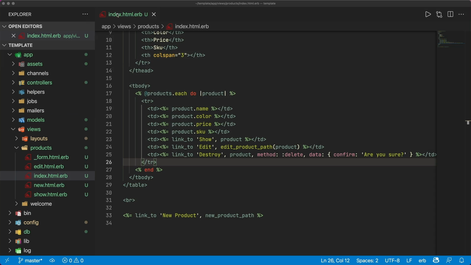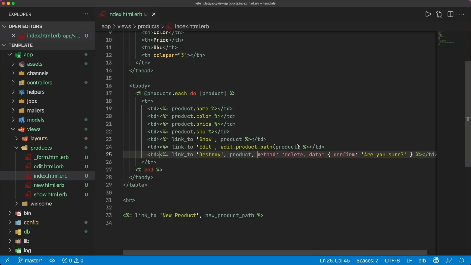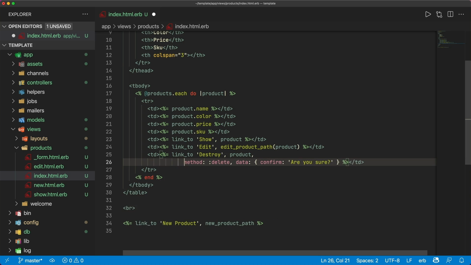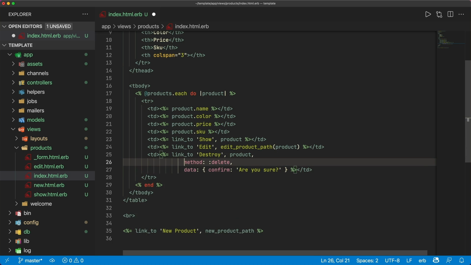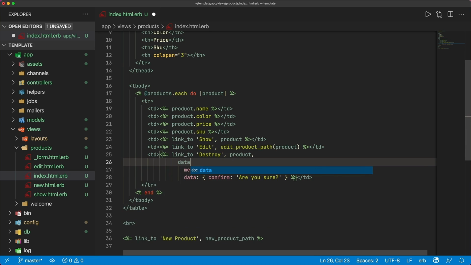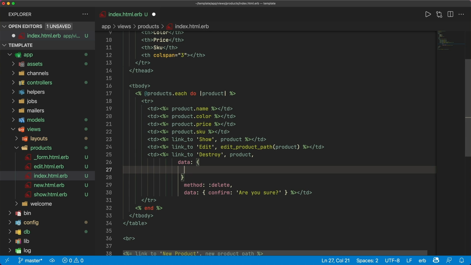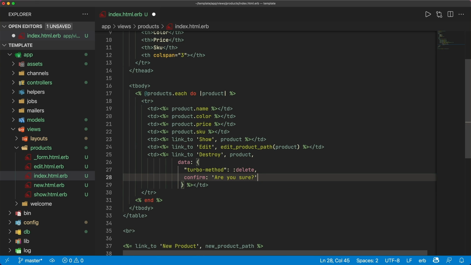And so if we look at the view for the index of our products, the link to destroy is where we're going to have to change this method. I'm just going to make this multiple lines so it's easier to read, and then I'll create some data attributes. The first thing that we need, instead of having a method delete, is a data turbo method. So within this data attribute, we could have turbo dash method, and then we can call delete on here. And that's all you have to do with the current version of Turbo in order to get that functionality. For right now, the data confirm will not work, but we'll look into this in a minute after we get our delete functionality working again.